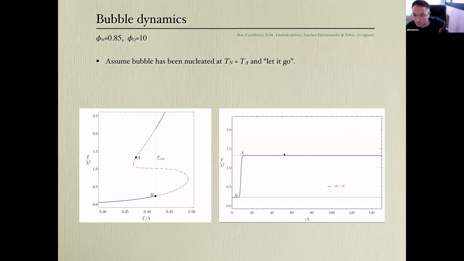So that's the state outside the bubble. There's some interface that you can also change, and we will see what happens if you change it. And inside the bubble, you have some other state on the lower branch. So the key point is that the pressure here is higher than the pressure here. Okay, that's the idea. And then we begin with this initial state, and we use the gravity side to evolve it. And what I'm going to show you is a movie of what the energy density as a function of z does when you evolve in time.